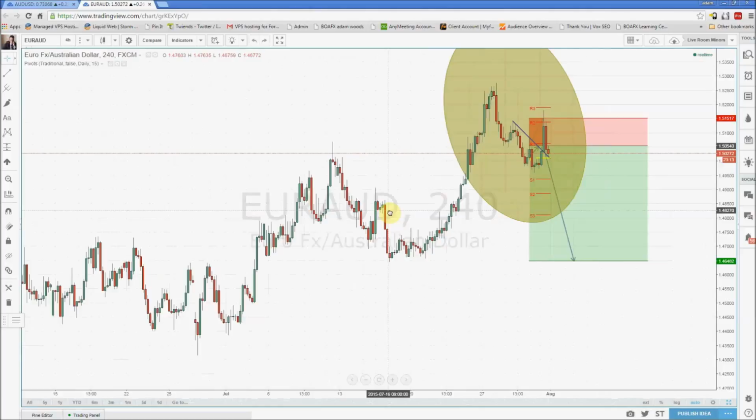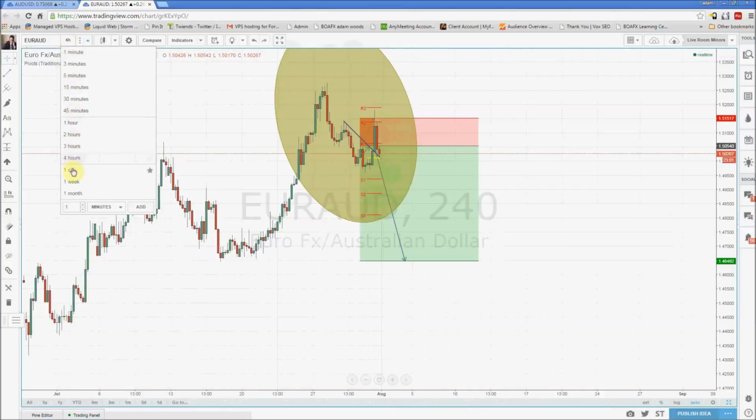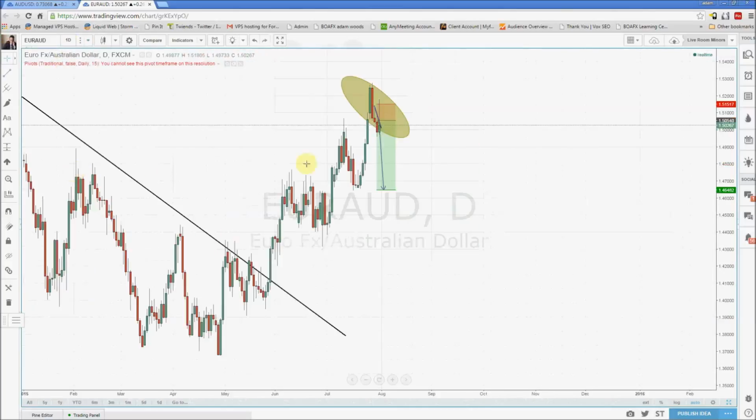Now you can see we had this spike up today, and it started to push back down again, which is quite interesting. You can see I've got this whole area circled here. That's because on the 4-hour chart, you can see we've got this big red engulfing candle here. It engulfs this previous green candle, which shows sellers coming into the market quite violently, and then it pulls back here today due to